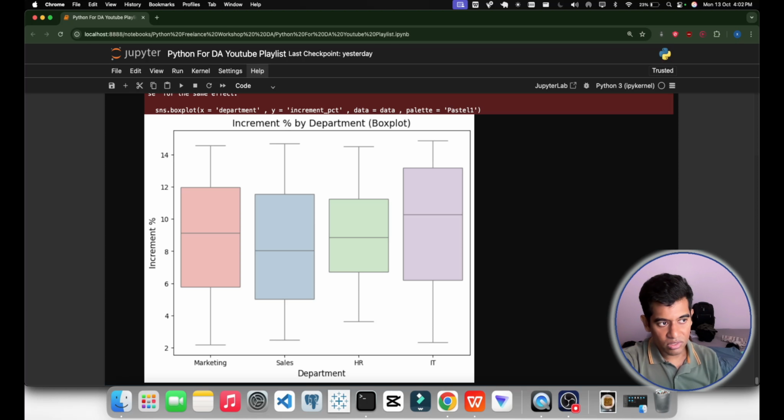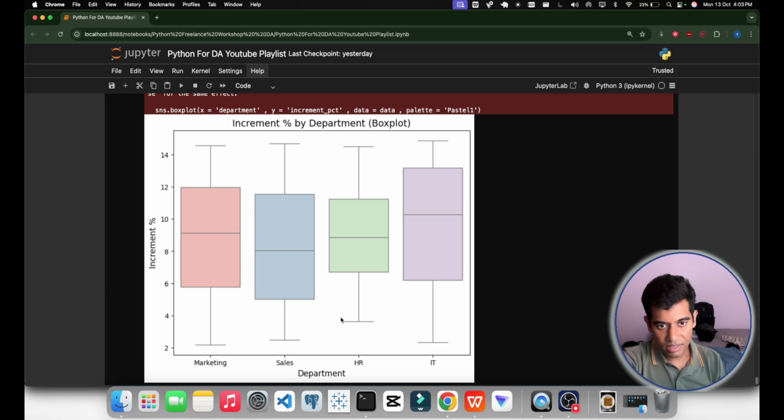So that's all about the video, and let's move to the summary part. In a box plot, what is shown is the data quartiles, meaning the box spans Q1 to Q3. The median is the line inside. Whiskers extend to 1.5 times the IQR.